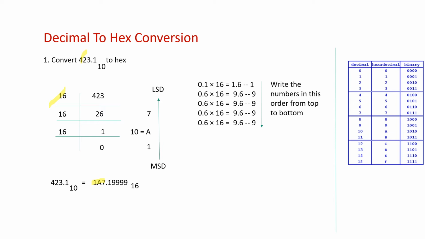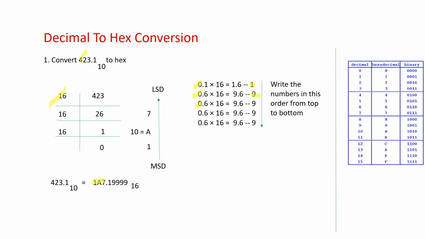So what happens on the conversion of the number after the decimal point? What we are going to do is repeatedly multiply by 16. So here 0.1 is multiplied by 16 and we get the answer 1.6, and here we are going to save the integer part of the result. So 1 is kept aside and 0.6 is multiplied again by 16, and the result is 9.6. We keep aside 9 and again we take 0.6 and multiply that by 16.